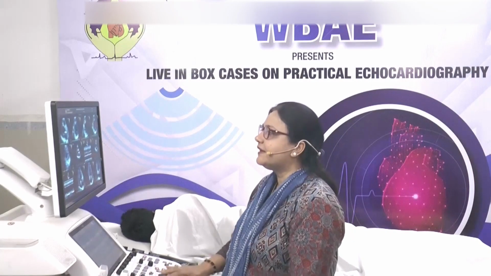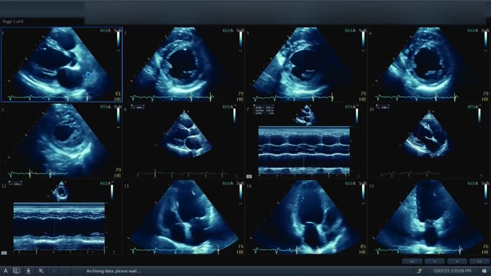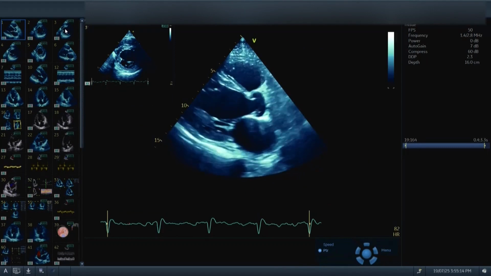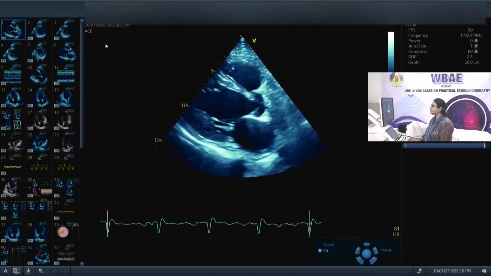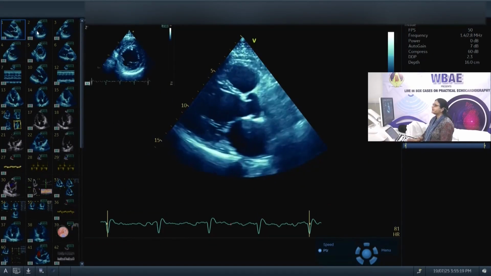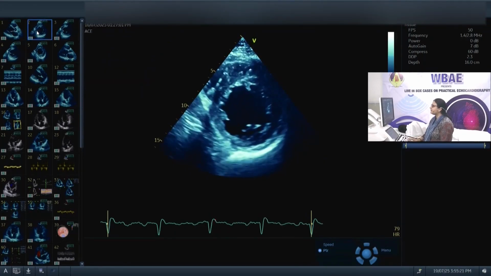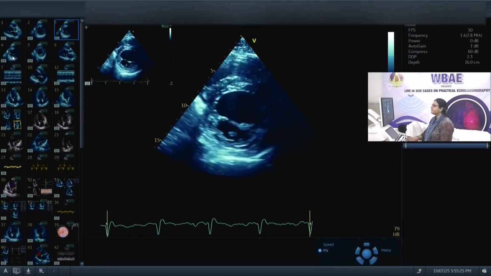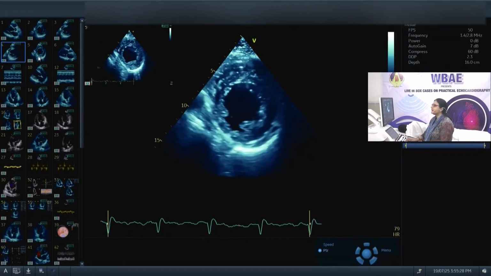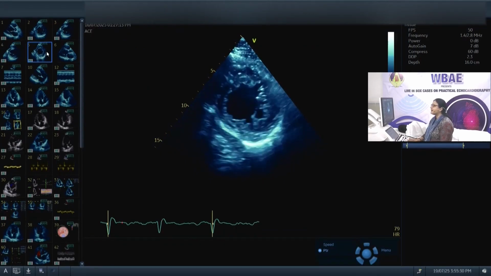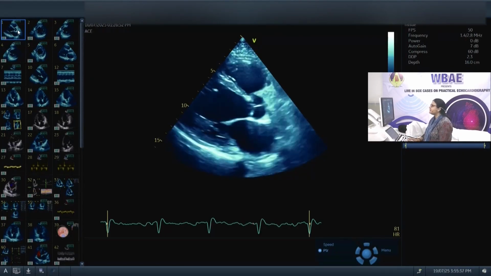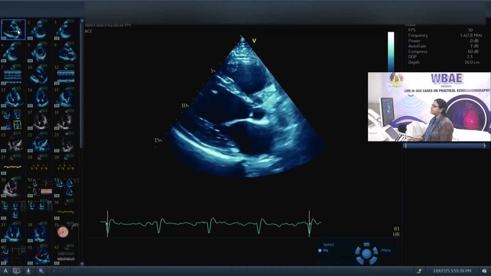I started doing this echo, and the first view that we took was the parasternal long axis view. Here I'm going to show you the parasternal long axis, the parasternal short axis at the level of the mitral valve, at the level of the papillary muscle, at the apical level. And after looking at this parasternal short axis and long axis view, we can understand that this patient has